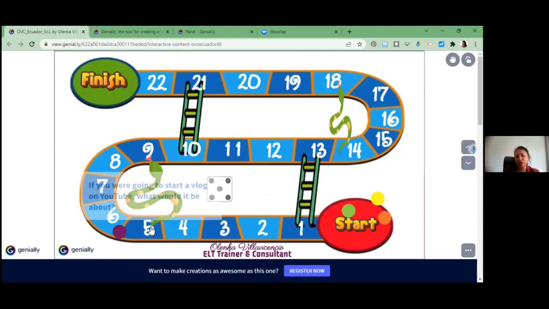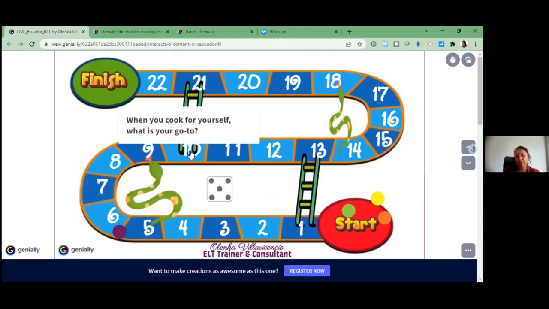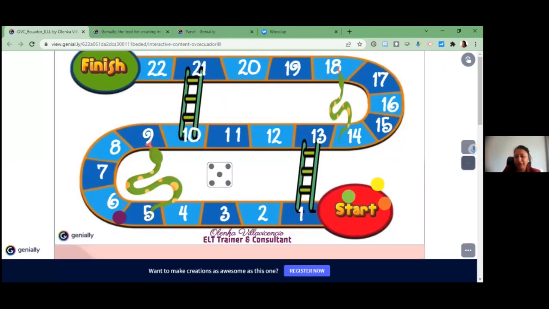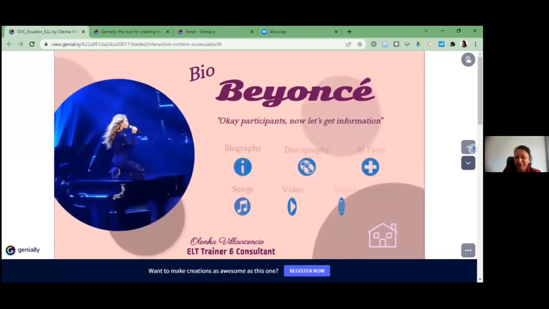You are going to use conditionals with them, or if you prefer, you can put another kind of question to brainstorm your activity, or at the end of the activity, whichever you prefer. Okay, ready, let's continue because I don't have enough time to do it.